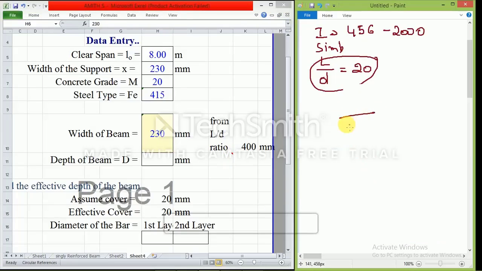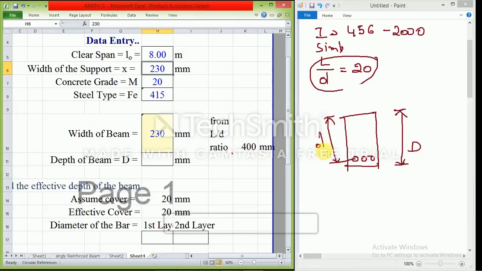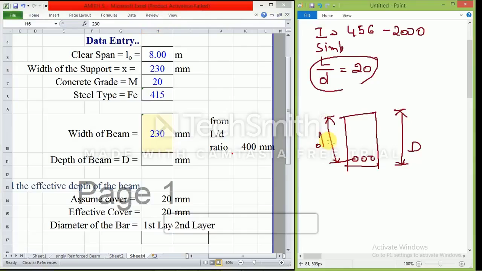Here I'll write a figure. This is the overall depth, as I told you. Steels are here. Effective depth is from the center of the steel up to here. So we have got 400 here, that is small d is equal to 400. Then what is the value of capital D?